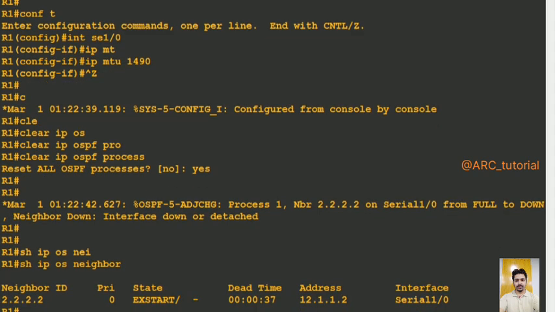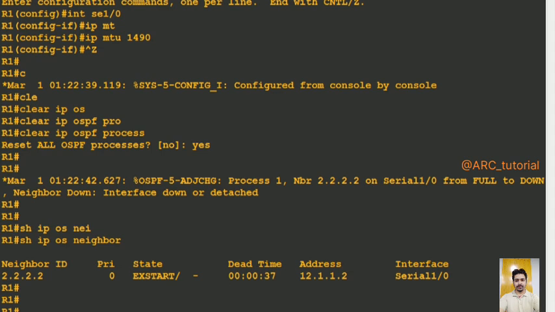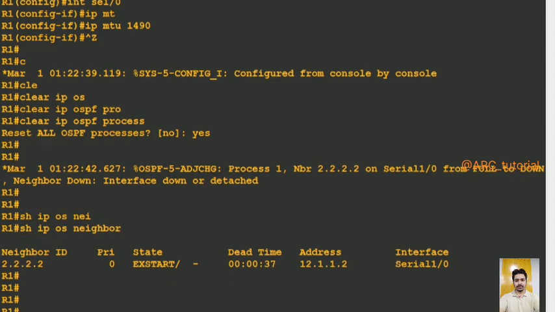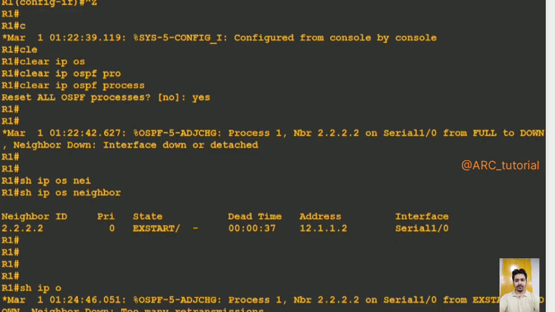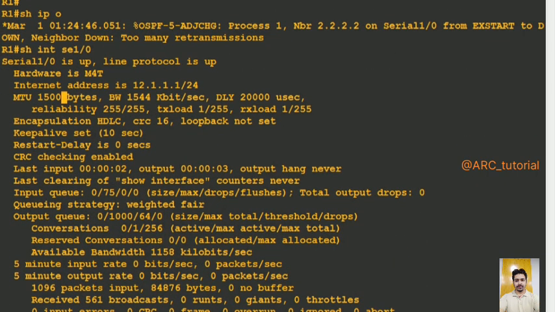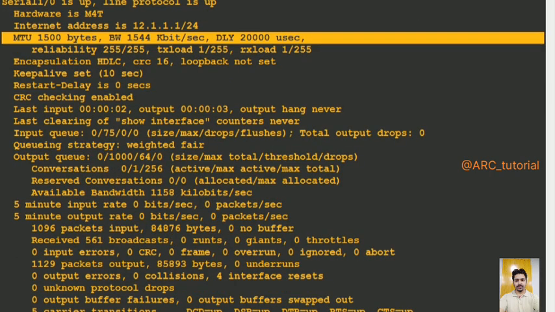So now I have changed MTU on both ends. Guys, try to understand. Here on R1 I have configured 1490, whereas on the other interface, if you see show interface serial 1/0, it is still showing 1500, because this is the MTU, not your IP MTU, whereas I changed IP MTU. To change this MTU, the command will be